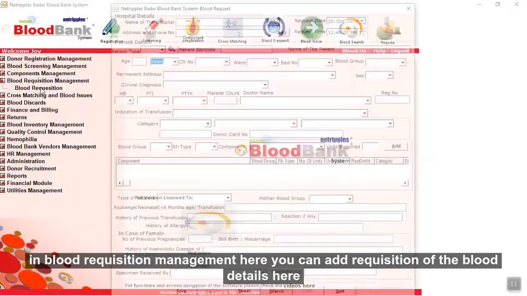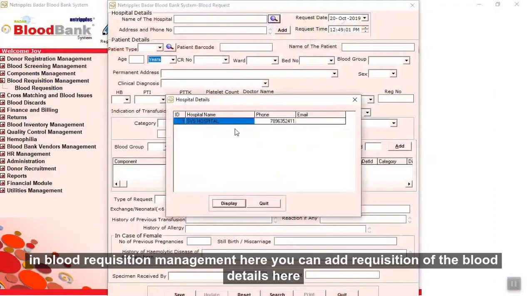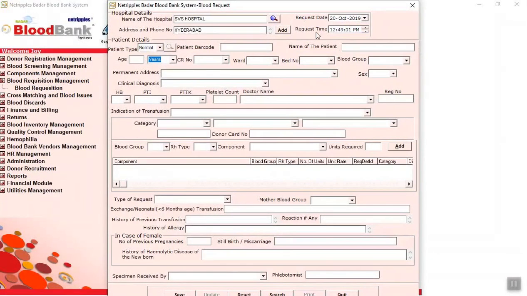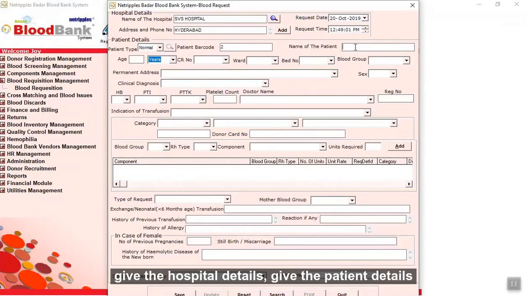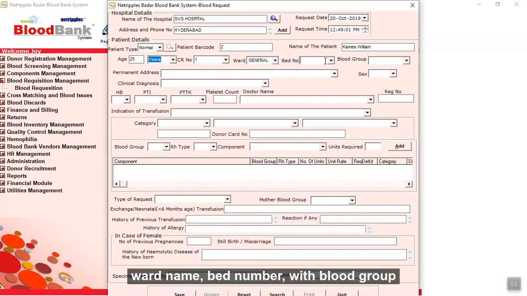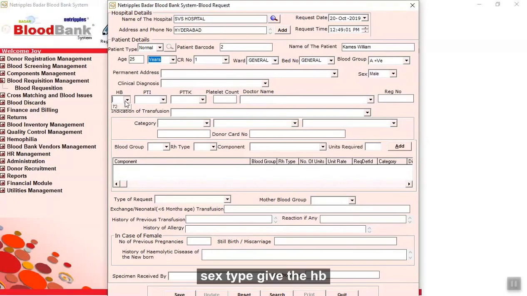In blood requisition management, here you can add the requisition of the blood details. Give the hospital details, give the patient details, give the patient's name, age, ward name, bed number, with the blood group, sex type, give the HP,